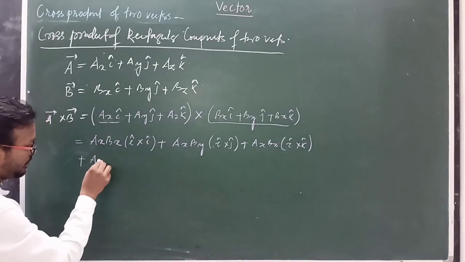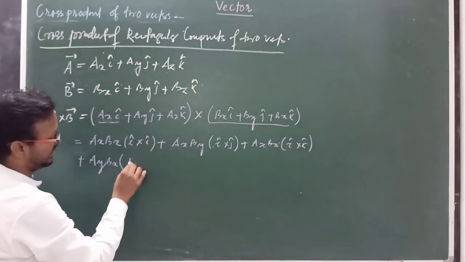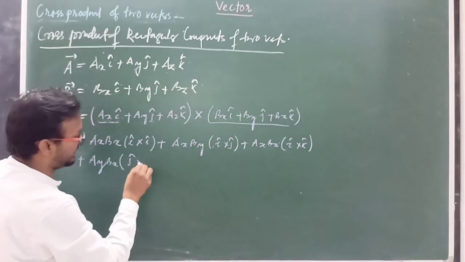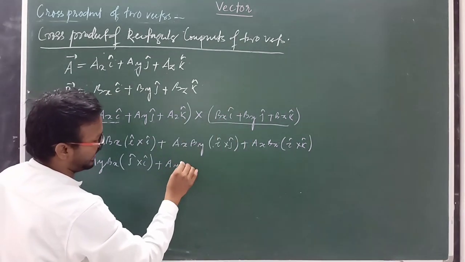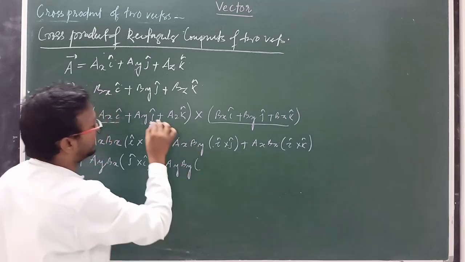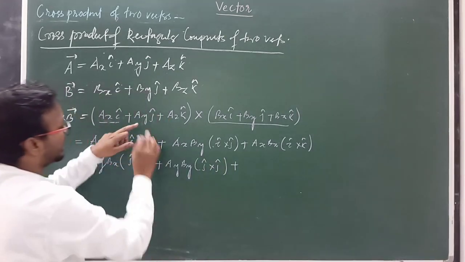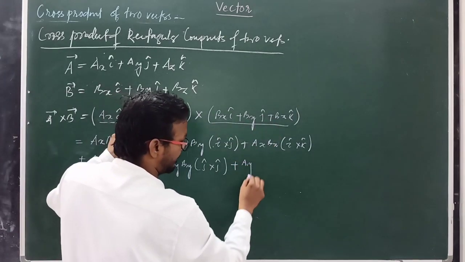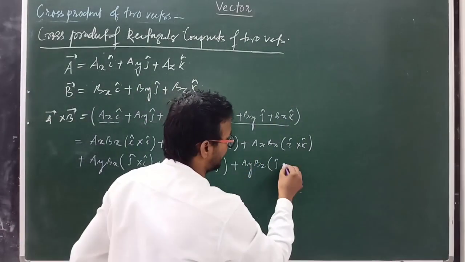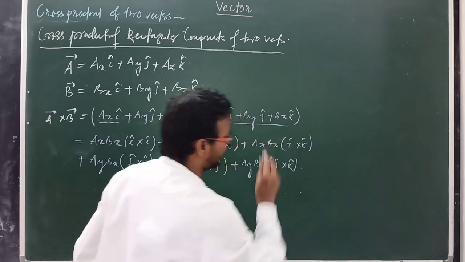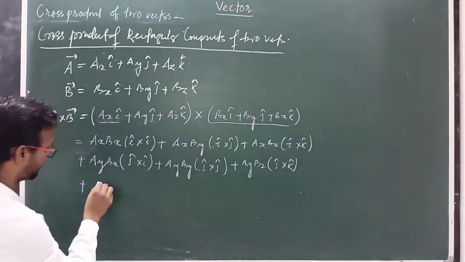So ay bx j cap cross i cap, plus ay by j cap, here j cap, so j cap cross j cap, plus ay bz into j cap cross k cap, j cap cross k cap, plus last term is here az bx, so